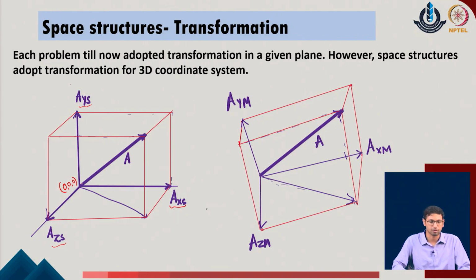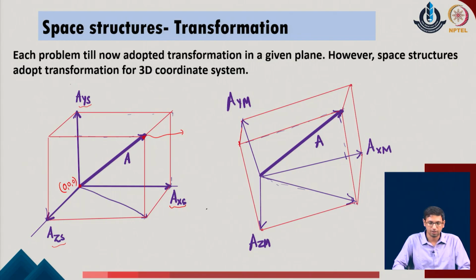We are considering this to be part of the same skeletal system. It could be part of a truss member, it could be part of a frame member, but as we consider skeletal systems, we generally adopt that the given systems are identified as line elements. So this element is located with respect to the position of 0 0, and then somewhere it connects to a point which is not on the same plane; it has its component elsewhere.